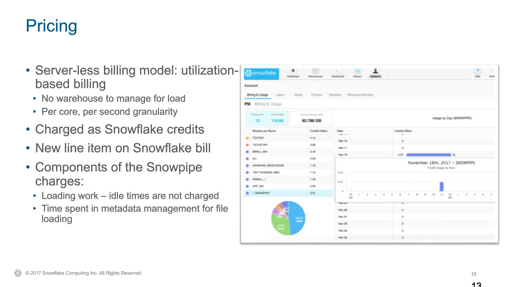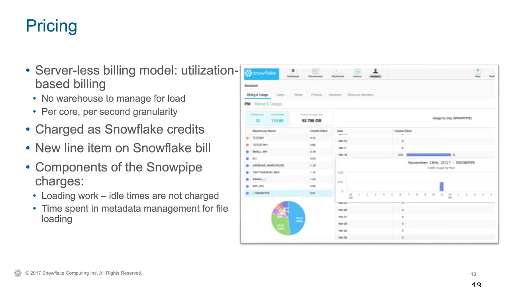Now with Snowpipe, you're essentially being charged for the compute capacity that you're using, so in credits, but not at the warehouse level. So you're paying a significantly reduced amount to be able to load this continuously generated data. And you'll see this as a new line item on your Snowflake bill. So Torsten, would you mind going into a little bit more detail on specifically how that warehouse time is computed and those credits are computed for customers?